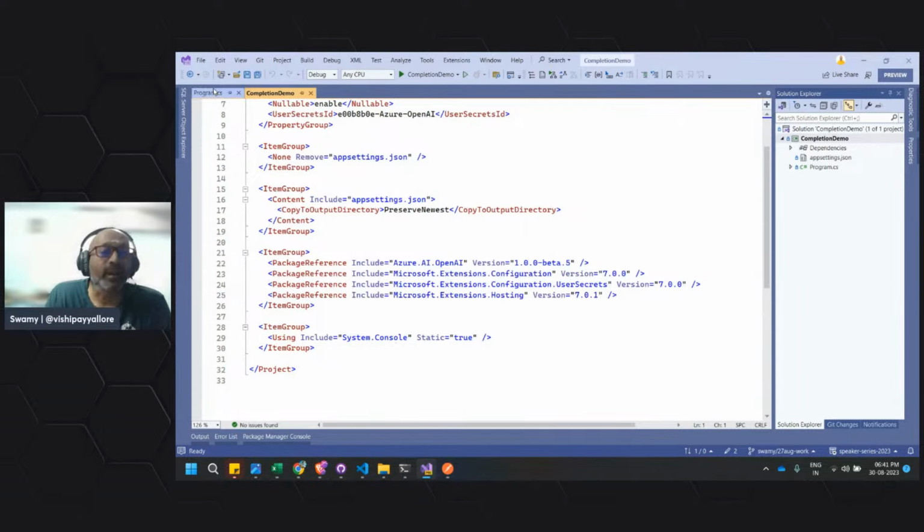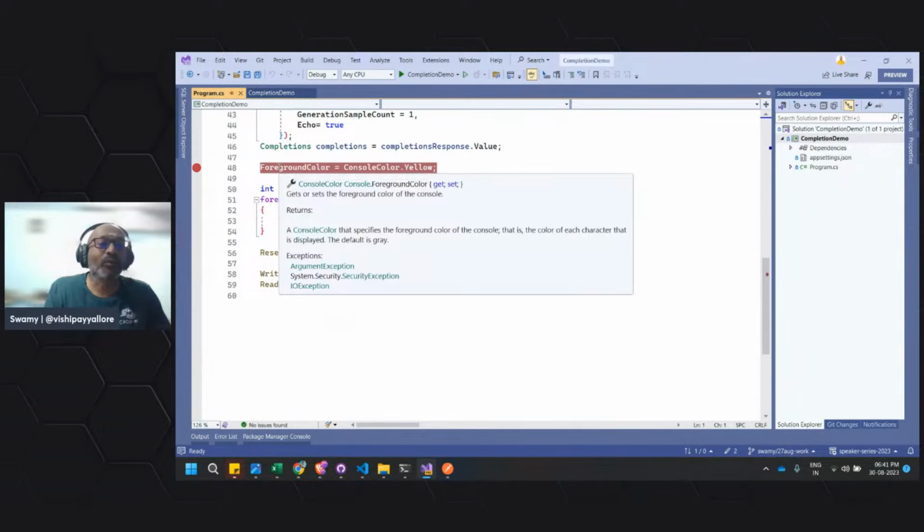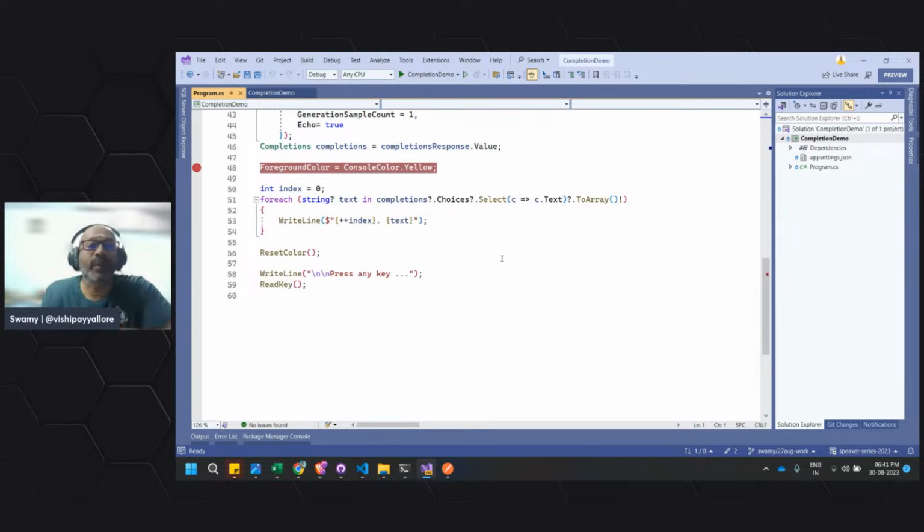So here I can use the WriteLine method. Technically it is hitting System.Console.WriteLine, but nowhere are we explicitly specifying Console dot. Here you see this foreground, which is again from Console.ForegroundColor. So instead of mentioning Console.ForegroundColor and Console.WriteLine, we are doing it this way.